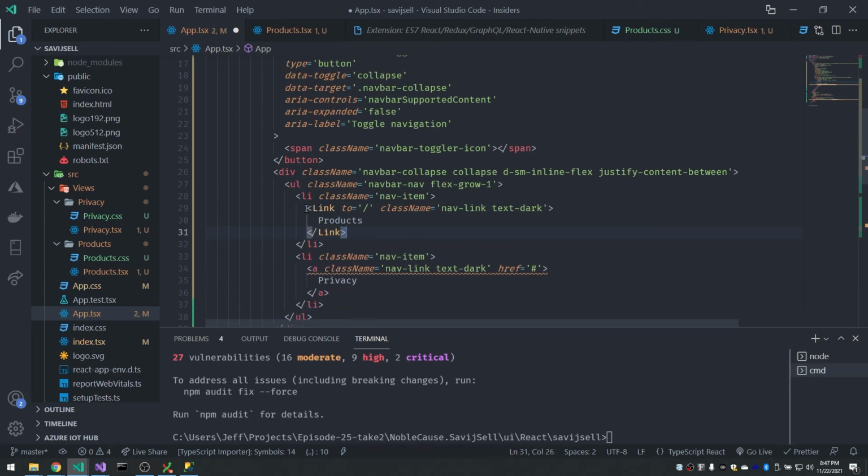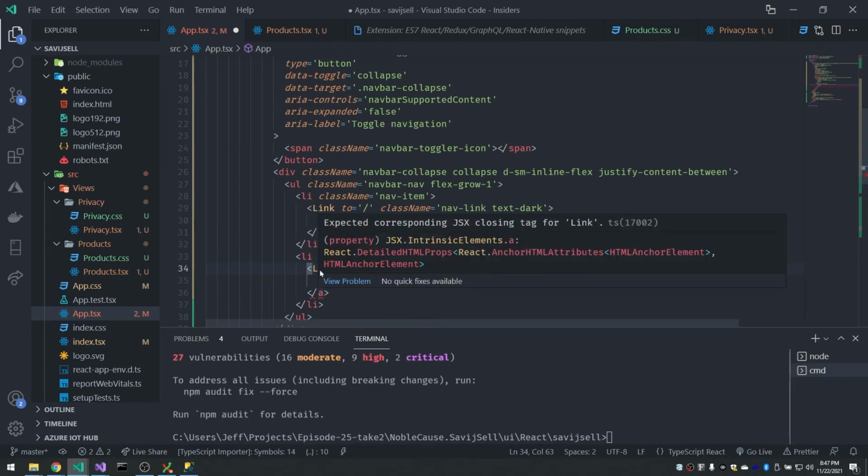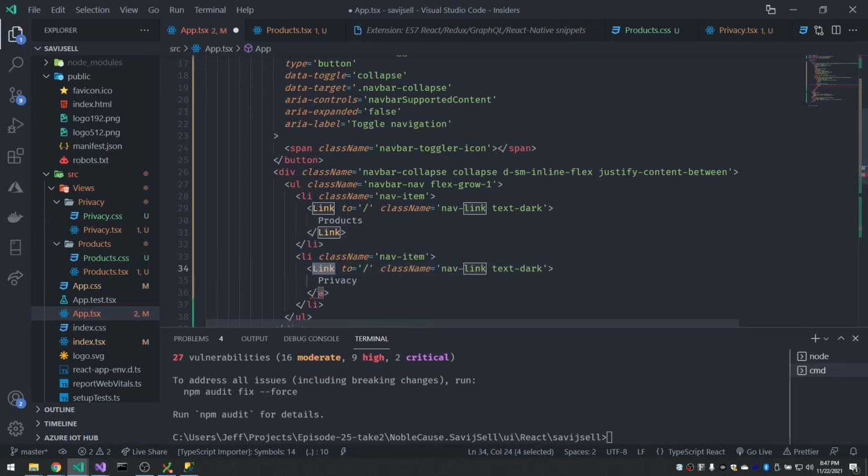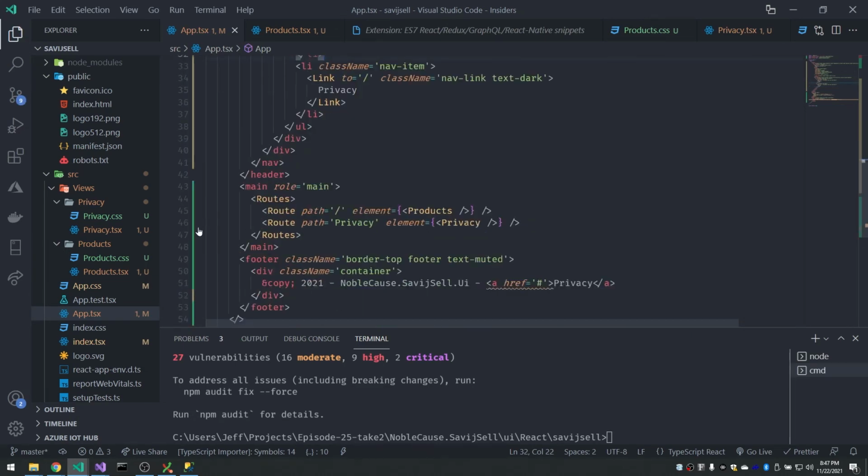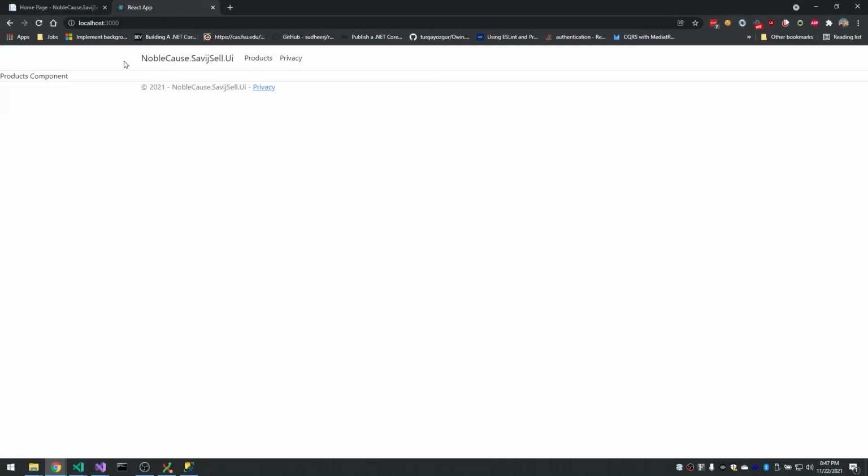And then same thing for the last one, which I can just replace and make it a link and a slash link. And now that one's done. And because we already hooked up the routes here, everything is cool. So if we look at these,